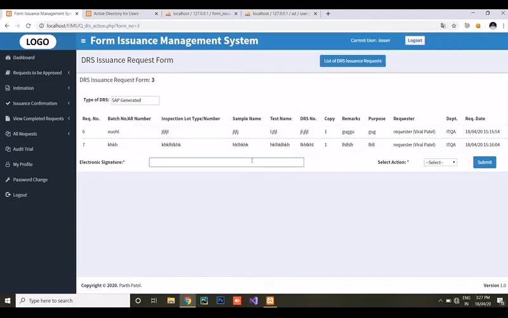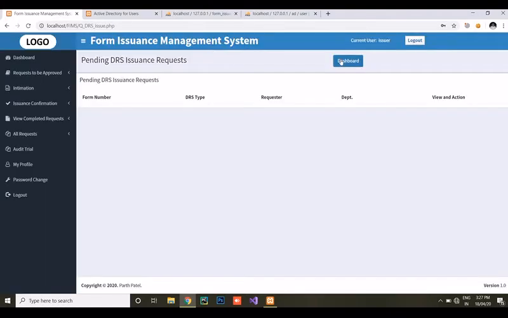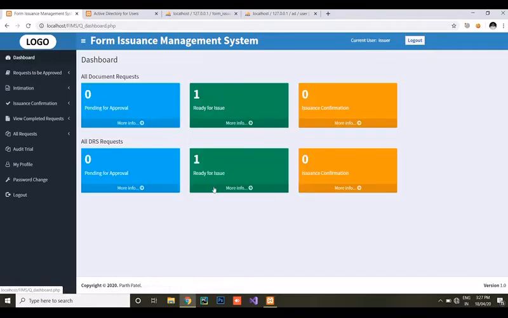Now I will approve the last request. Approve. So this approved request will go to the next stage. This approved request will go ready for issue. Now what happened with the send back request? So I will go to